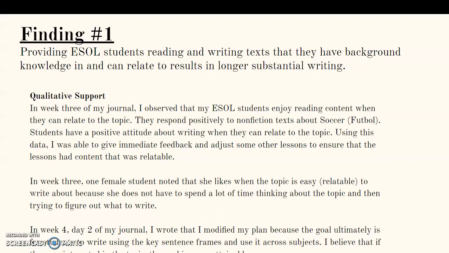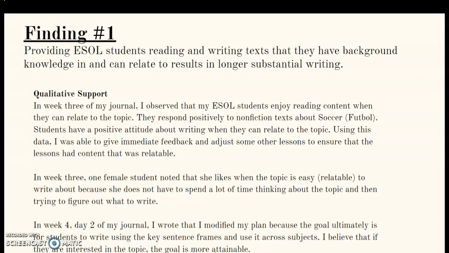So on to my findings. Finding number 1. Providing ESOL students reading and writing texts that they have background knowledge in and can relate to results in longer, substantial writing. So the qualitative support that I had that supported this actual finding was that